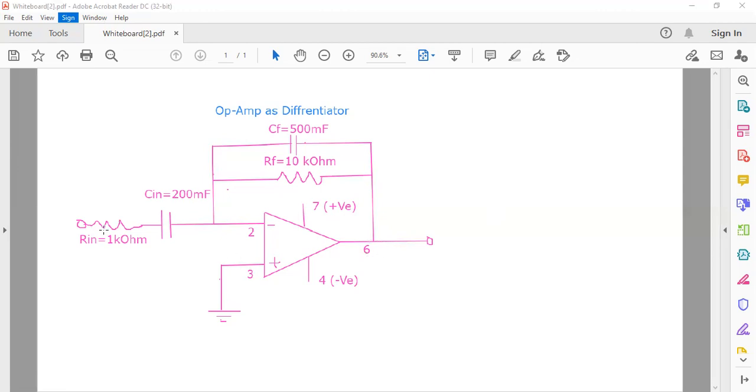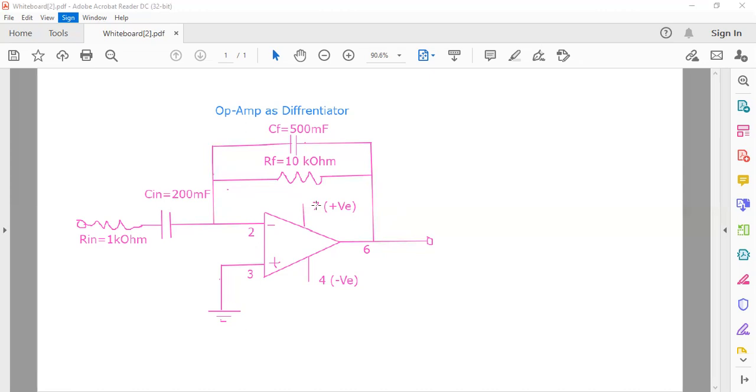Here you see that on the second number pin, which we use for the inverting input, we connect two components, a resistor and a capacitor, both in series. On the feedback part, we connect a capacitor and a resistor, both in parallel. Now the question arises, why do we use the capacitor?